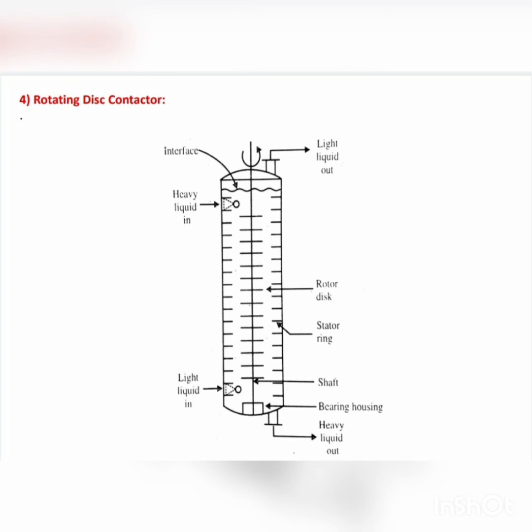The disc disperses the liquids and impels them outwards towards the tower wall, where the stator rings create quiet zones wherein the phases can separate. The tower is provided with inlets and outlets at top and bottom for light and heavy phases. It is commonly used in the petroleum industry, particularly for fuel extraction, separation of aromatics from aliphatics, and in pharmaceutical industries.